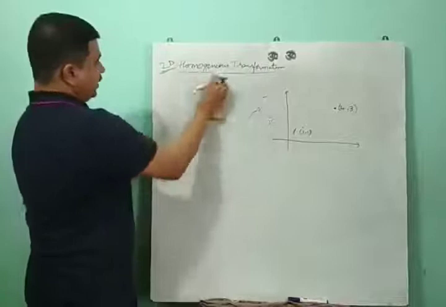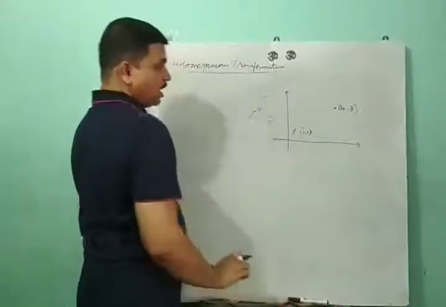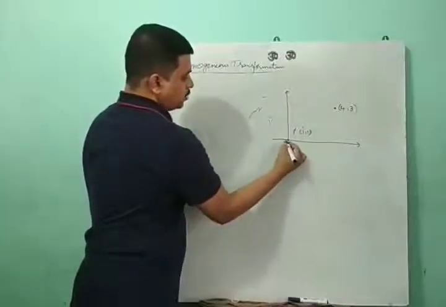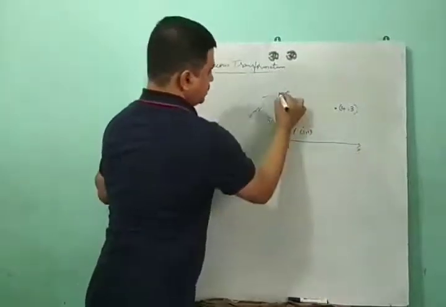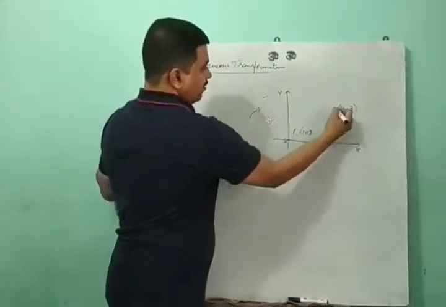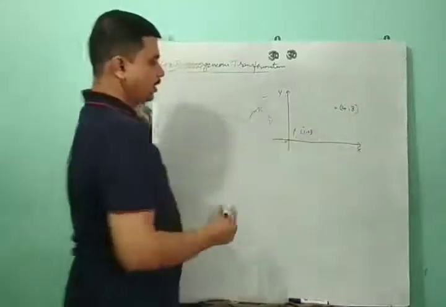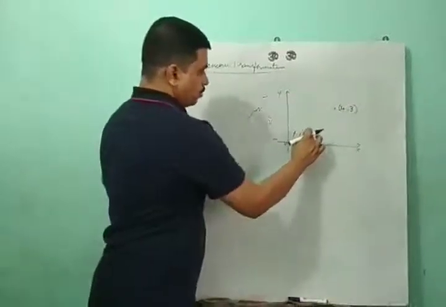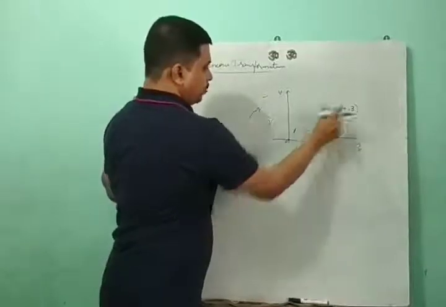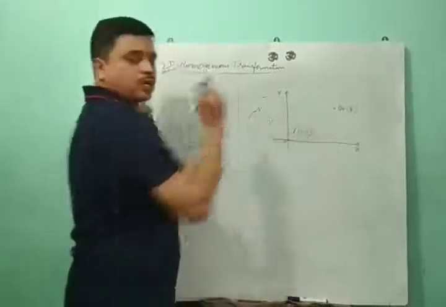So you can find the application of homogeneous transformations and the concatenation of operations in this particular problem. This is the origin O, this is the x-axis and this is the y-axis, and we have 2 points. One is located at (4, 3) and the other is located at (1, 1). The problem situation is like this. We have to rotate the point (4, 3) about the (1, 1) point.